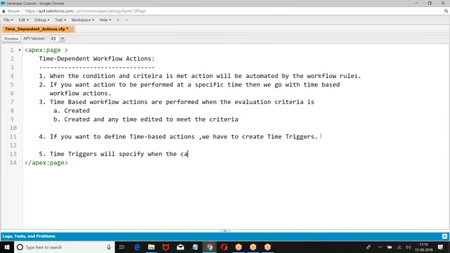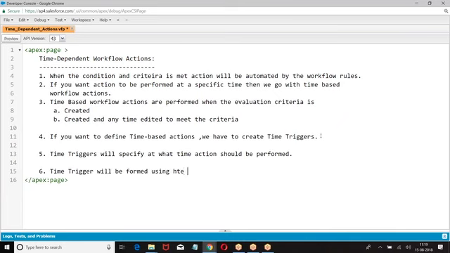When the action, at what time the action should be performed, a time trigger will be formed using the date and time fields of the object.